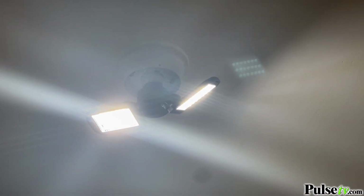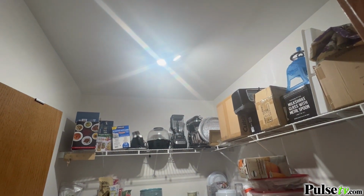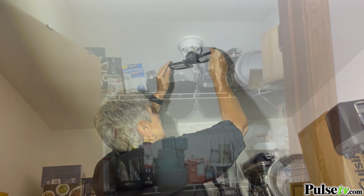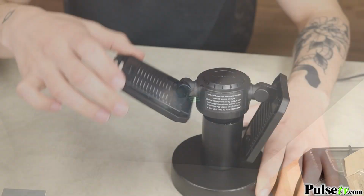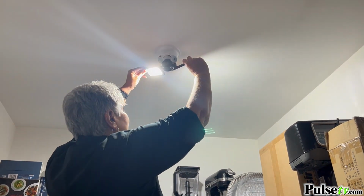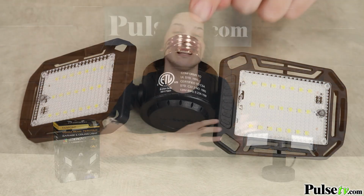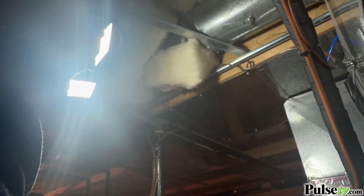Now this is going to light up the whole area with a cool white light so you're never left in the dark. And the best part is this screws in just like a normal light bulb. So this is gonna be great for any room of the house, be it the basement, garage, and even your closet. And because the panels swivel and rotate 360 degrees, this will cover a wider area than most traditional light bulbs. Not to mention, this is ETL listed, so you know this is going to be a quality and safe